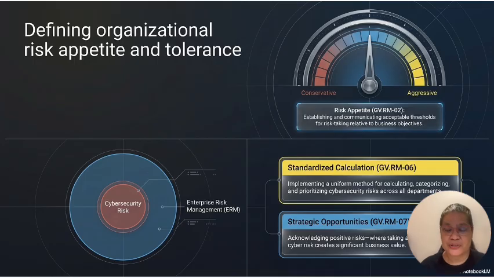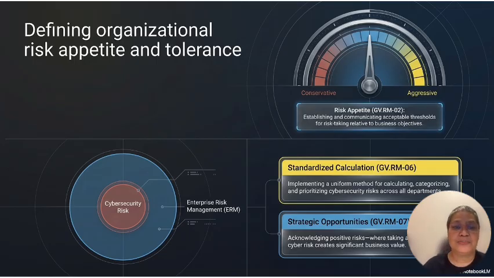The board's most critical job is to define the organization's risk appetite and tolerance, right? So this means that it's responsible for communicating what are the acceptable thresholds for risks that it wants to take to achieve its business objective,